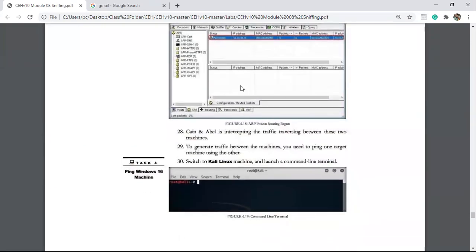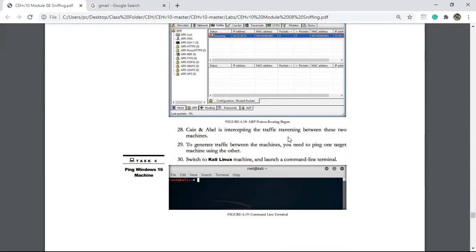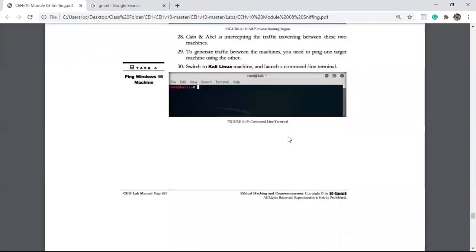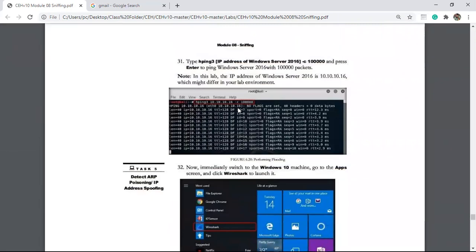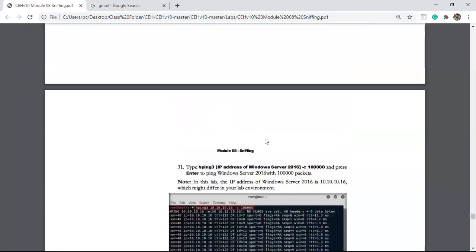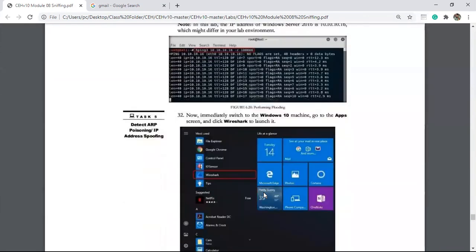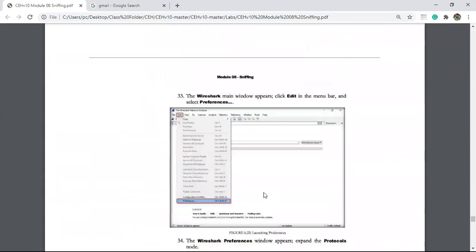And whenever we are able to find something out, it will be printed here, the passwords or whatever we want to find out. Now, Cain & Abel is intercepting the network traffic between two machines, or whatever machines are connected in the network. Now let us switch to Kali and just ping the IP address using hping3. It will start sending demo packets, and they will be caught in Cain & Abel.